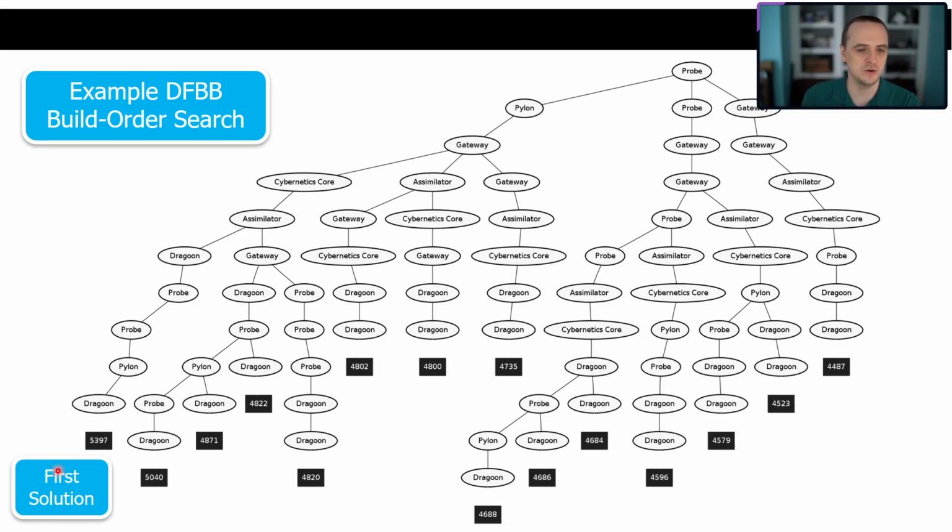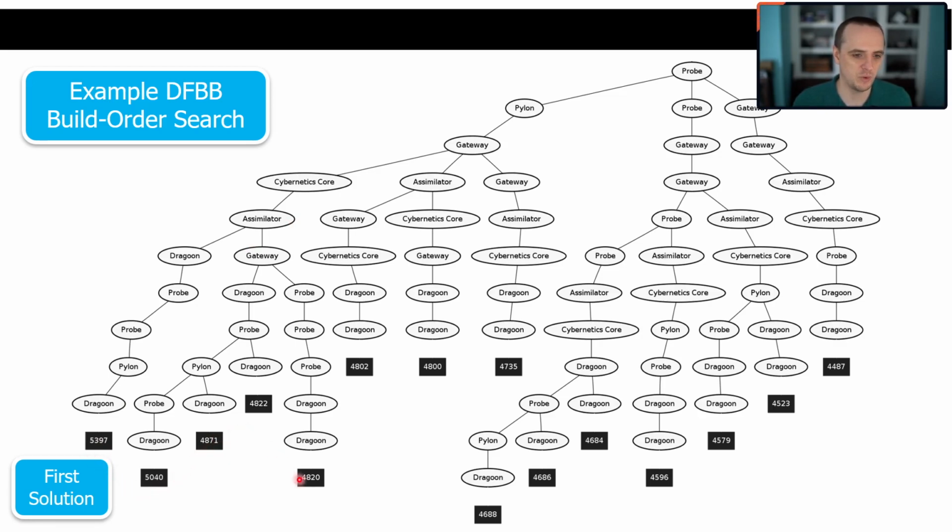So what I can do is say, okay, from this point in the search, I'm going to add my landmark heuristic, and if that value is greater than my current bound of 5,397, I'm going to throw it out. I'm never going to search down that tree. That's the process of pruning your search tree by throwing away actions that will lead you to suboptimal results.